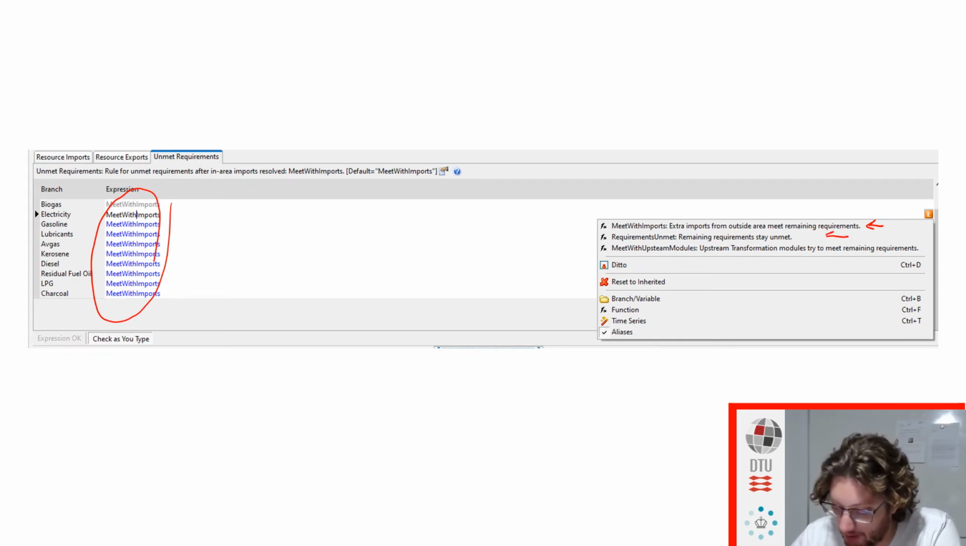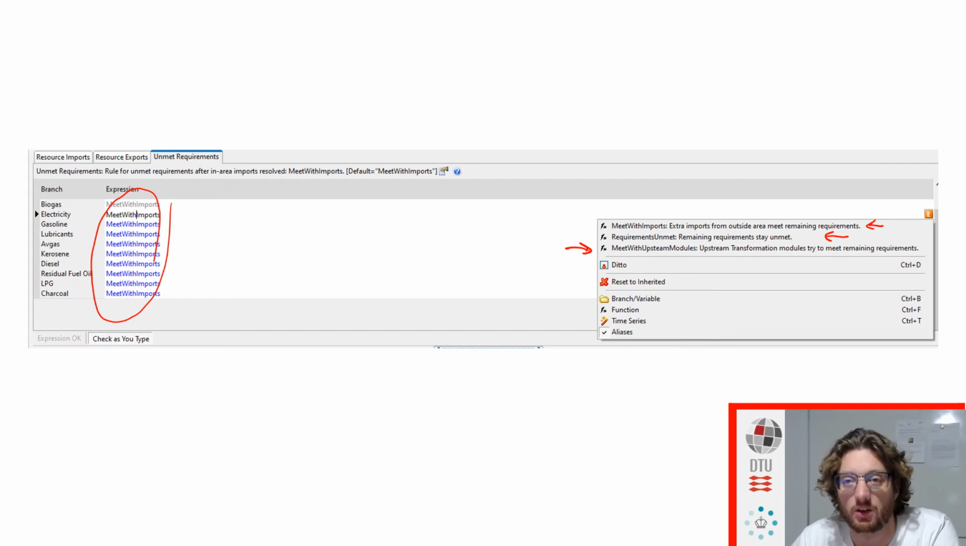requirements unmet. That basically throws an error saying you don't have enough fuels, and it will throw you a warning. It will still calculate, but it is a good way of safety checking your system. And then you have meet with upstream module, the last case, and then it will try to use some of your transformation modules to produce more of this specific